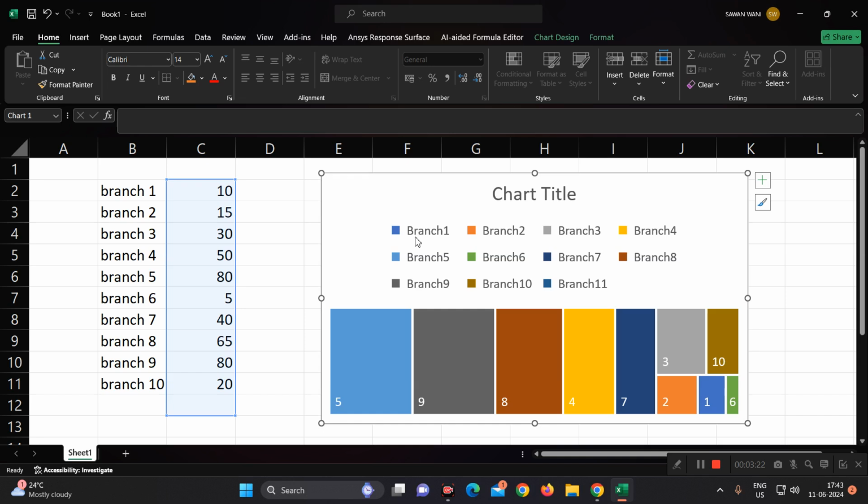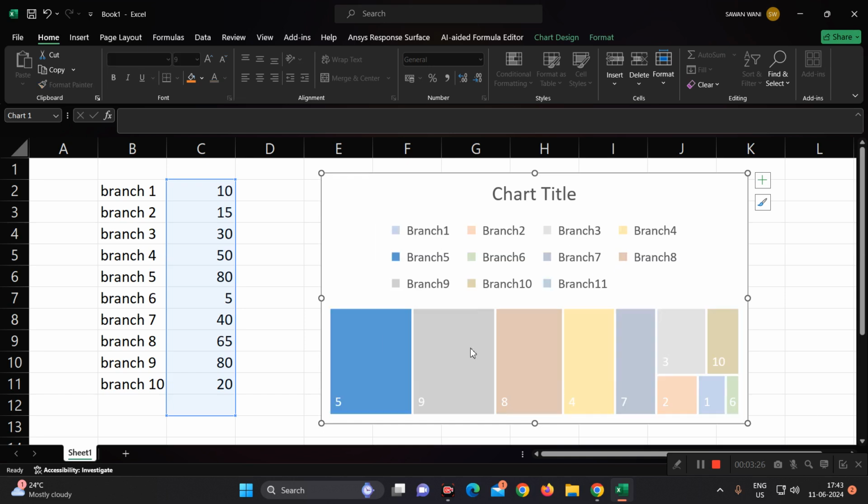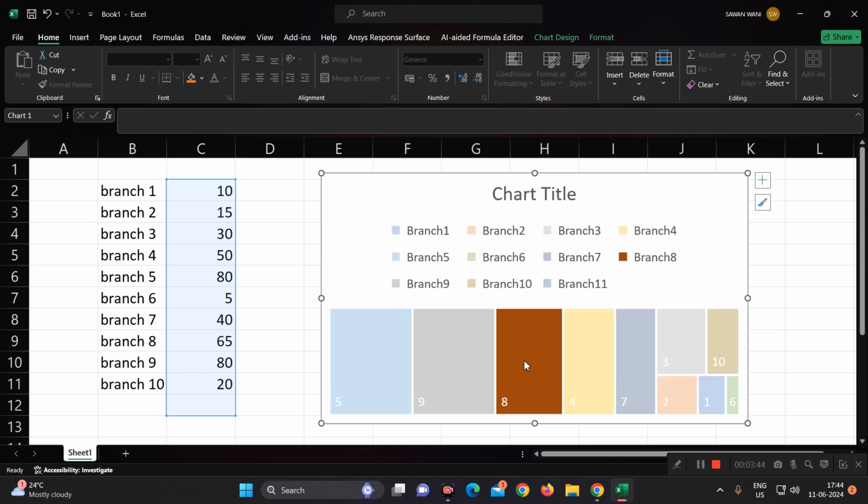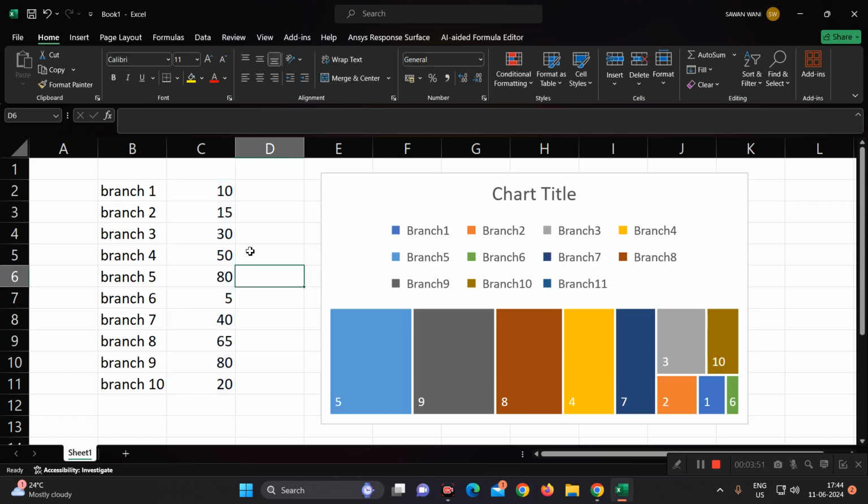So see, these branches are there and with the help of these values we can represent the data. See, like this. If you click on this 80, it is branch 5. So branch 5 is 80. If you click on this number 9, you can see its value. Its value is 80 again. If you see this branch number 8, you can see its value is 65. So in this way you can represent this data in terms of this type of chart